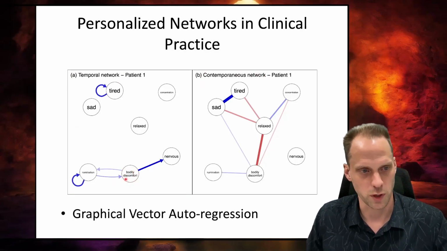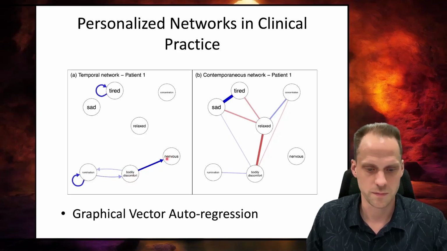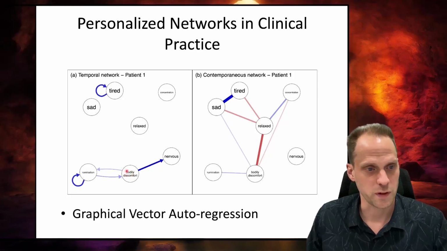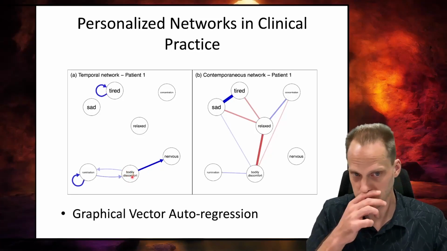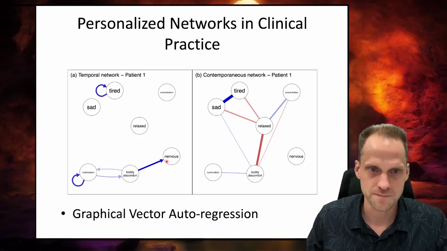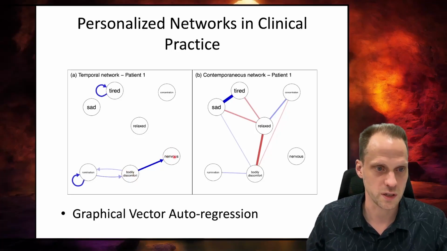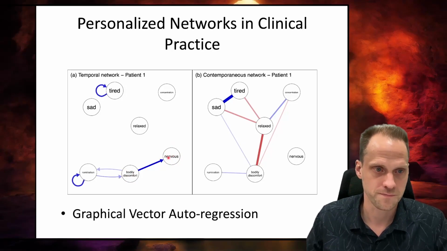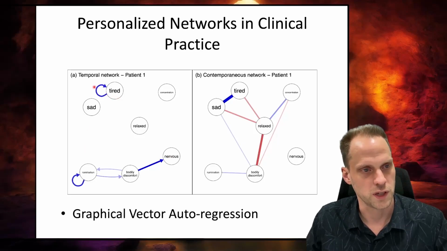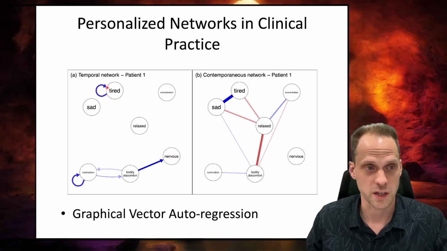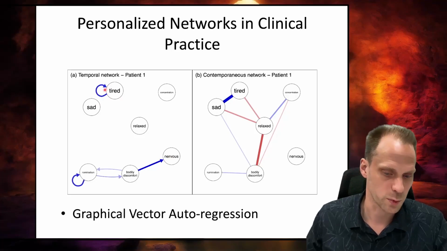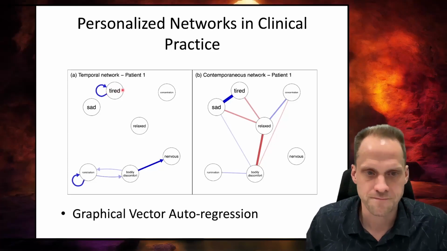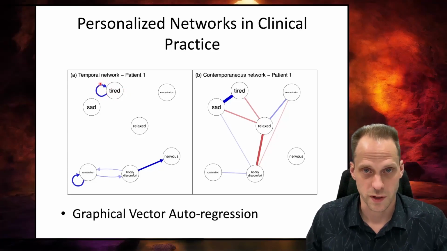Here, for example, we see body discomfort with the blue arrow pointing to nervous. That means that whenever she, in this case, experienced more body discomfort than her average, 3 hours later, I think it was 3, the lag interval in the study, she was on average more nervous than she was normally. This arrow here means that if she is tired at one time point, on average she was also tired at the next time point, which kind of makes sense because you're usually tired for a whole day, right? So that's what we call an autoregressive effect.